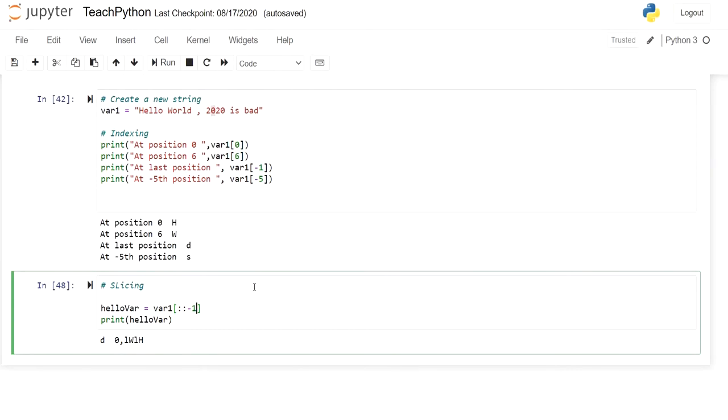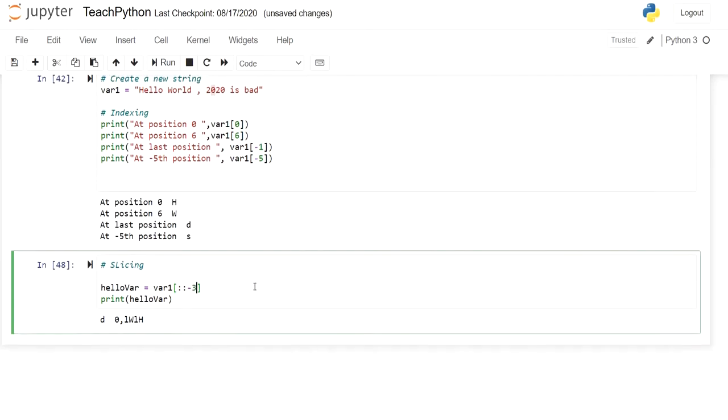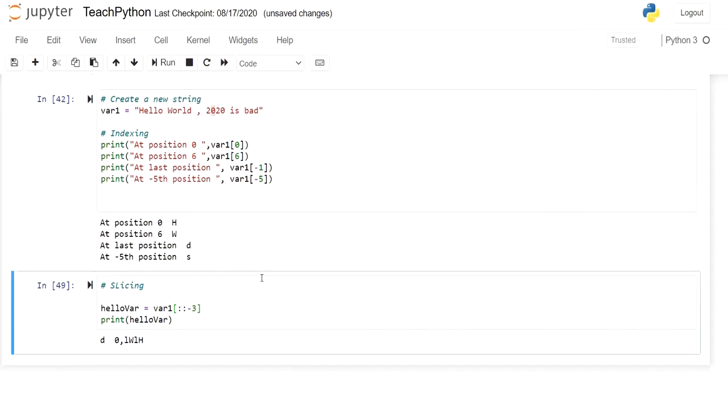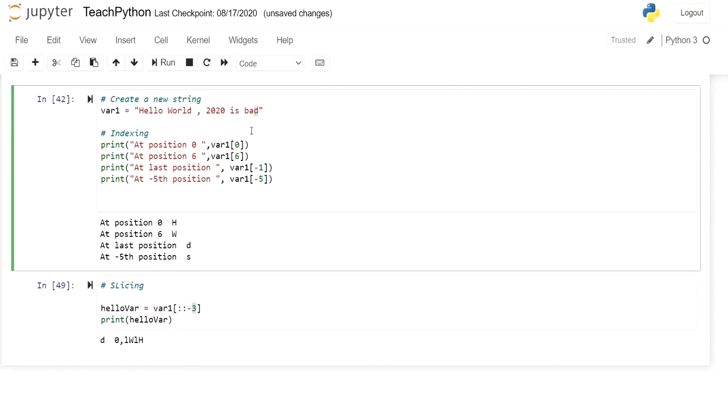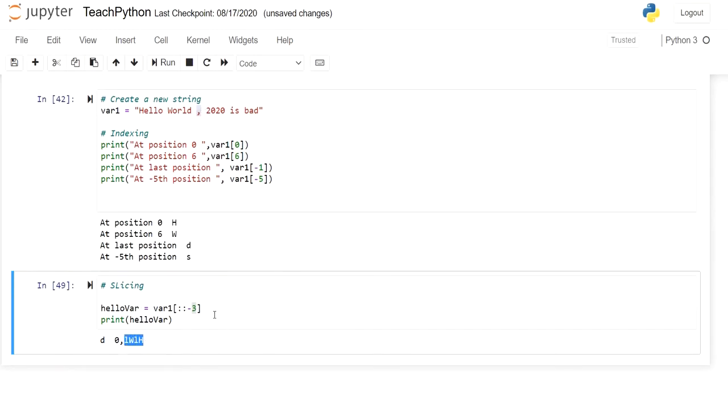Now if I go for -3, what will happen? What is this? We need to understand this output. With -3, we start with the string, so the first character will be printed as D. Then -1, -2, -3, a space would be printed. Then again -1, -2, -3, again a space would be printed, then -1, -2 and -3, a 0 should be there, it is there. Then -1, -2, -3, comma. Likewise it goes on. So I think it is clear how negative indexing works.